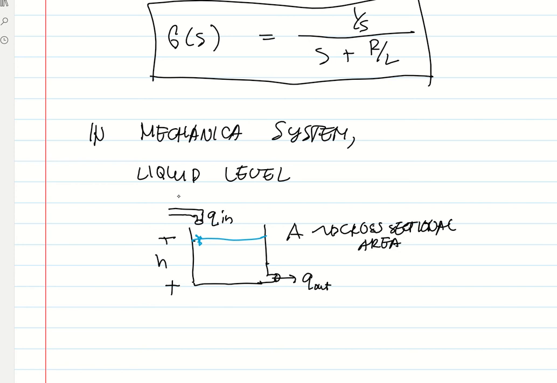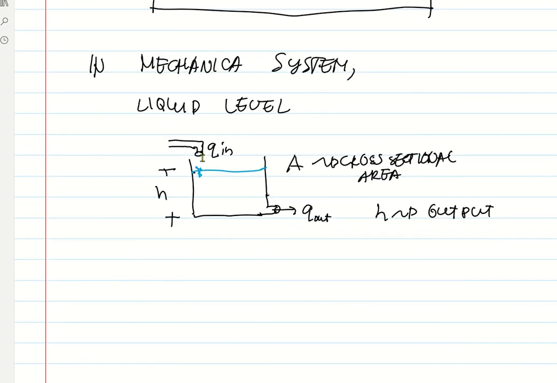And now our conditions. I want H to be my output. I want to control the height of the water. But how do we control the height of the water? By changing the flow rate of the water coming or going through the water tank, that is just Q in. That is my input. I want to control the height. What should be my input so that my height will remain at this point? So we need to determine the transfer function of this in order for us to predict what will happen. And before we do that,